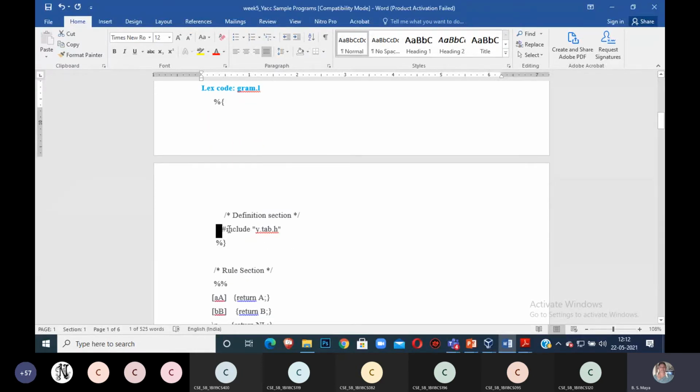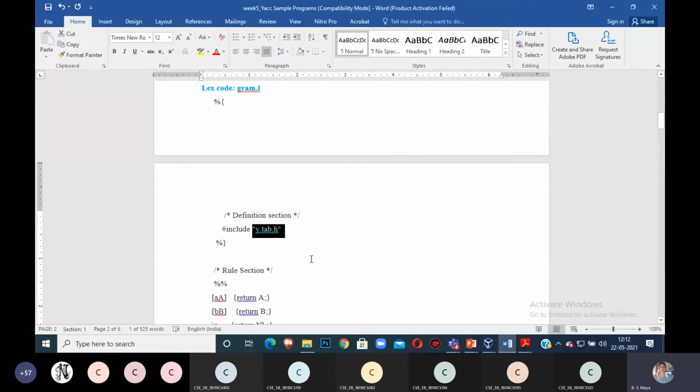This is a header file which contains the token names. I have to give descriptions for three tokens: A, B and NL.